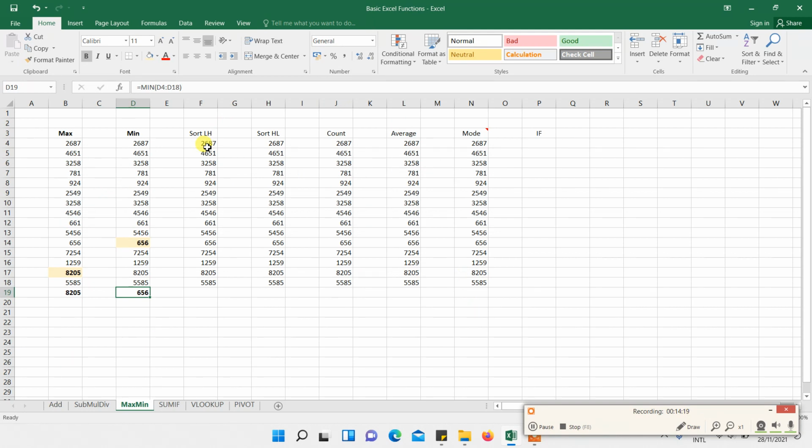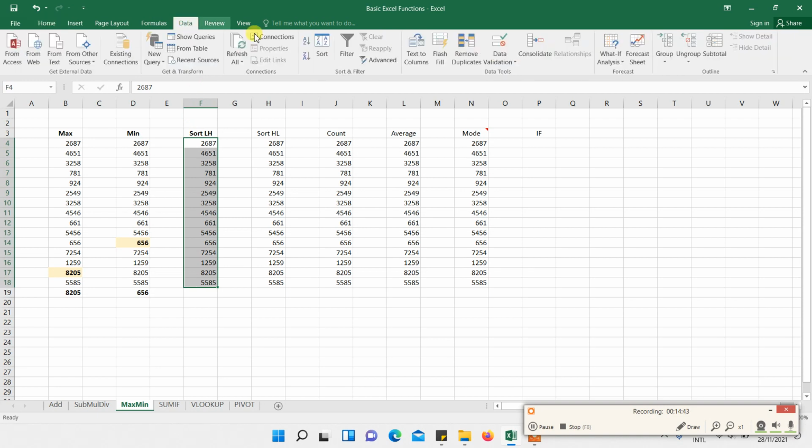So in this case, this is a function to sort data set. If you need to sort this data in ascending or descending order, you can use the sort function. In here you just need to select the set of data and go for smallest to largest. In here in Excel 2016,